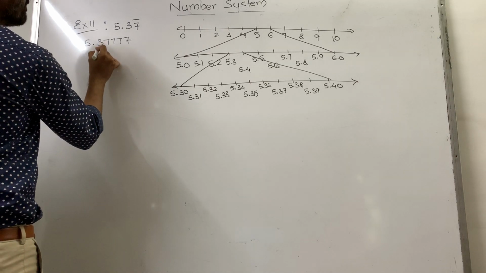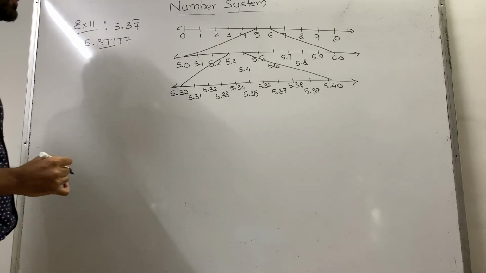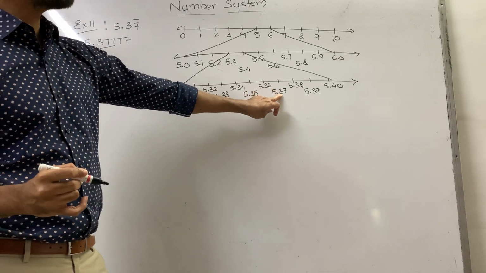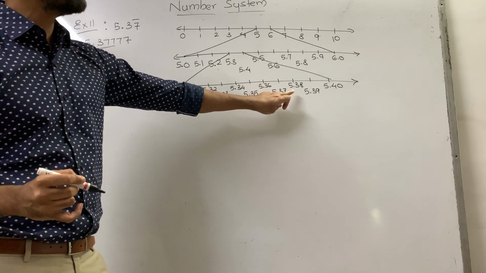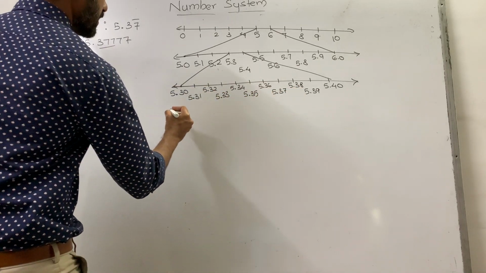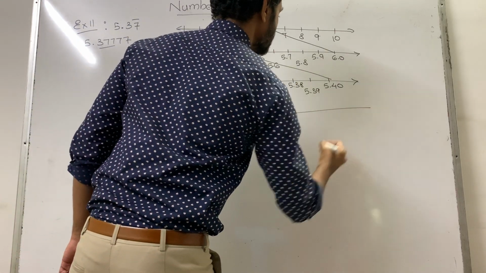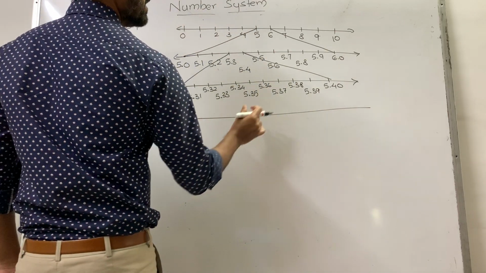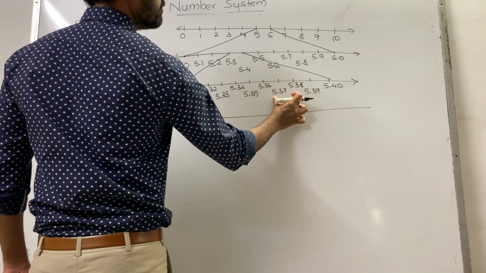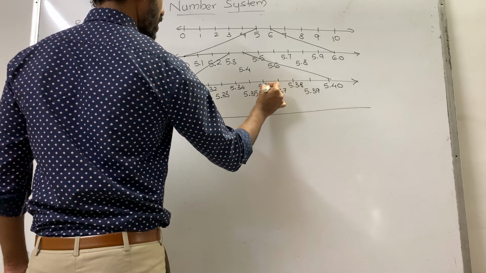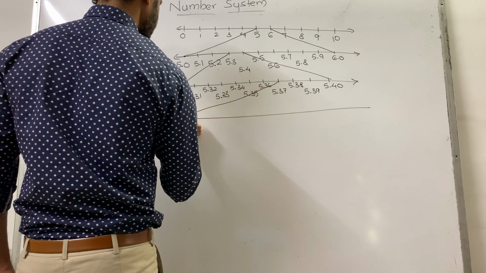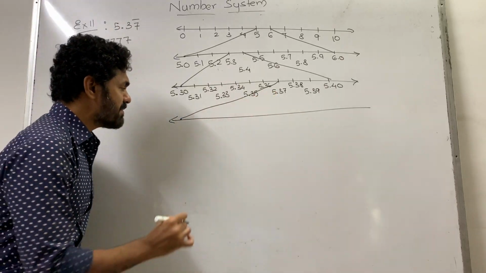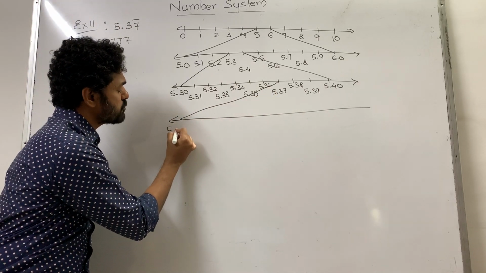Now 5.377. So we know 5.377 will be greater than 5.37 and less than 5.38. So in the next step, construct a new number line and we are going to zoom the region between 5.37 and 5.38. So 5.37 in 3 decimal places would be